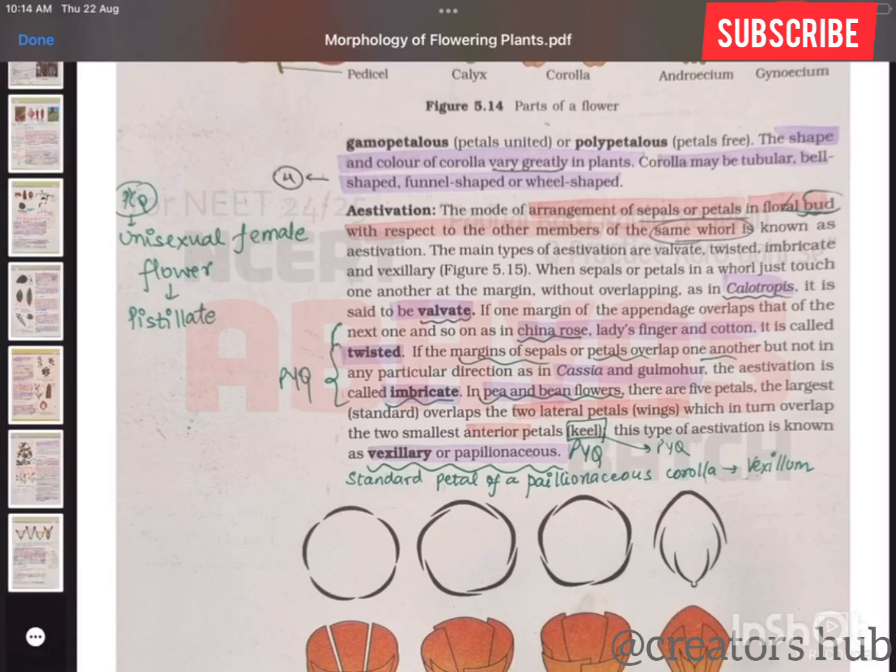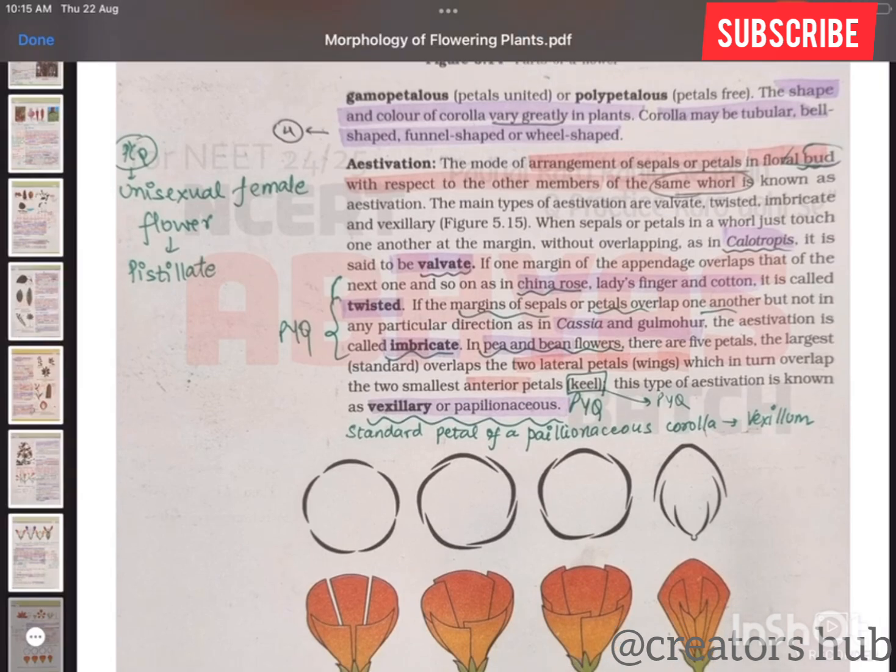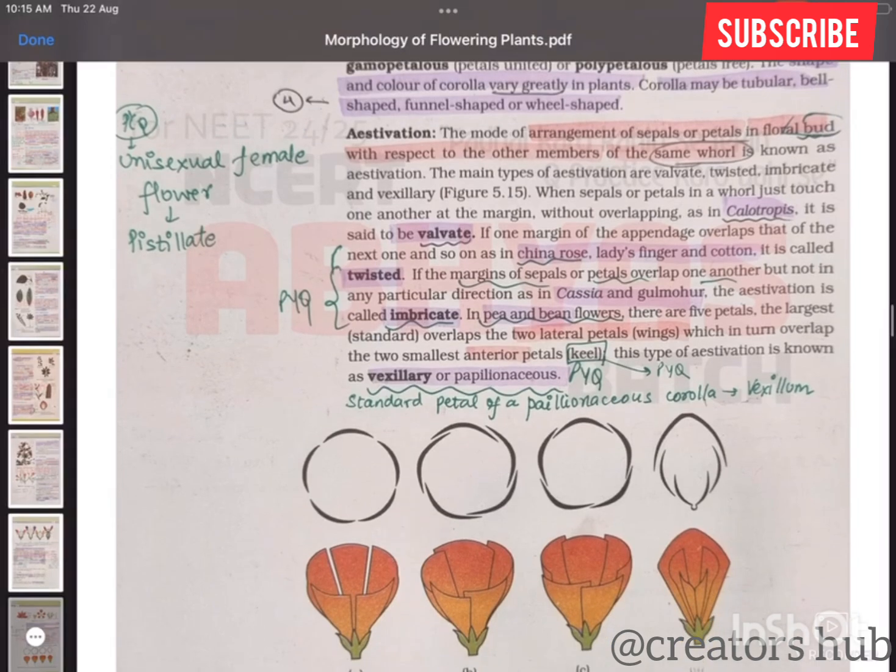Aestivation: the mode of arrangement of sepals or petals in a floral bud with respect to other members of the same whorl is known as aestivation. The main types of aestivation are valvate, twisted, imbricate, and vexillary. The sepals and petals in a whorl just touch each other at the margin without overlapping, as in Calotropis. It is said to be valvate. If one margin of the appendage overlaps that of the next one, and so on, as in china rose, lady's finger, and cotton,